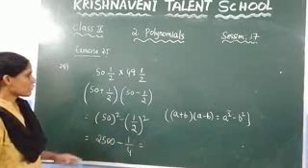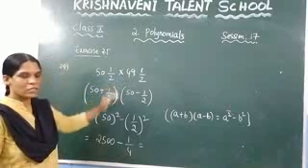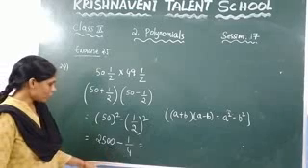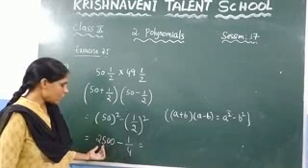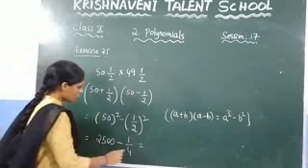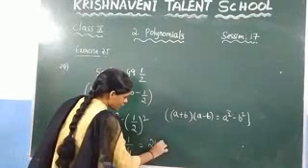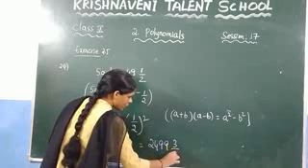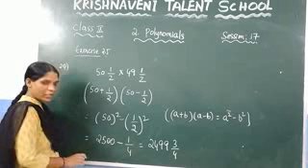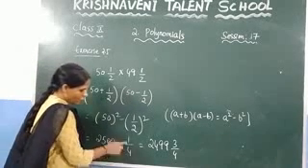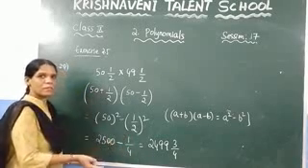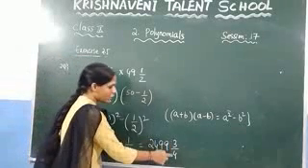Now since the question is given in the form of a mixed fraction, you need to write this in the form of a mixed fraction. You can solve this by taking the LCM of these two values, but it will take a lot of process. This one you can directly write as 2499 3 by 4. How did I write it like this? This is 1 by 4 part. That means out of 4 parts, they have given 1 part. So how many parts are left out? 3 parts. So I have written 3 by 4.